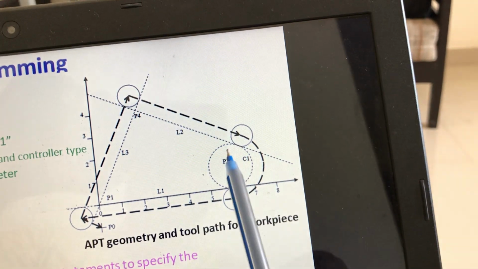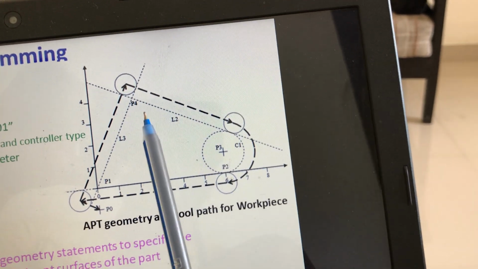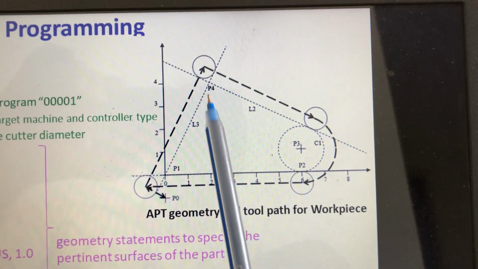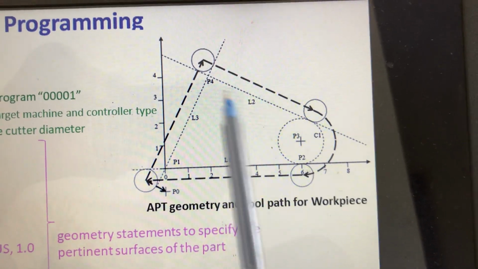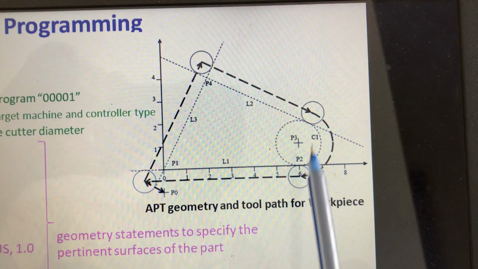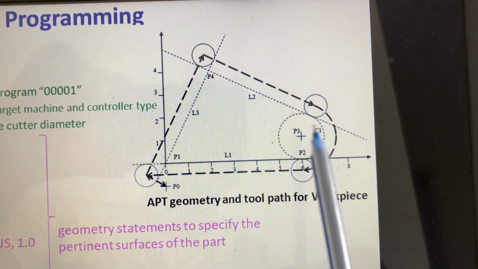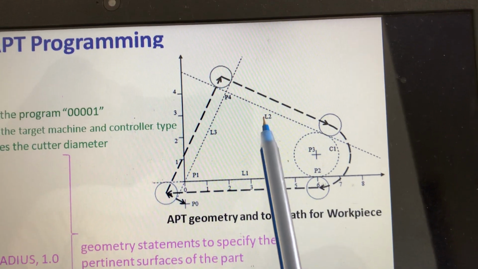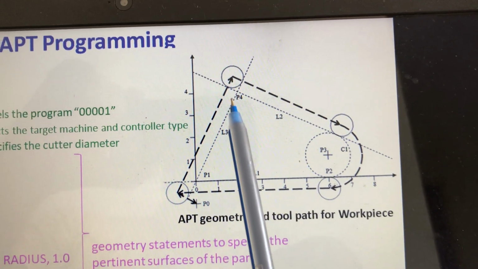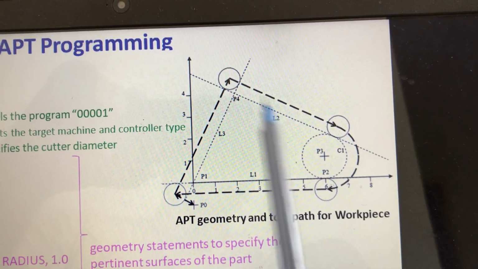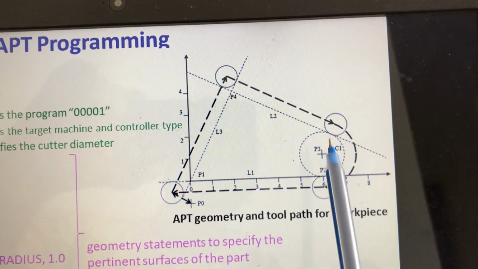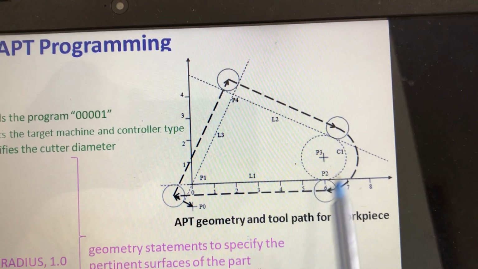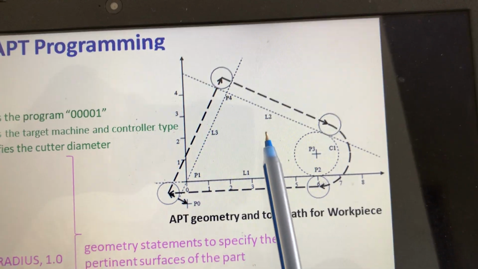The line L2 is from the point P4, where P4 is on the left of the circle C1, where you are going to have a tangent. That is the meaning. So L2 is nothing but line slash P4, tangent to, P4 on the left, tangent to circle C1. That's it. What is L2?